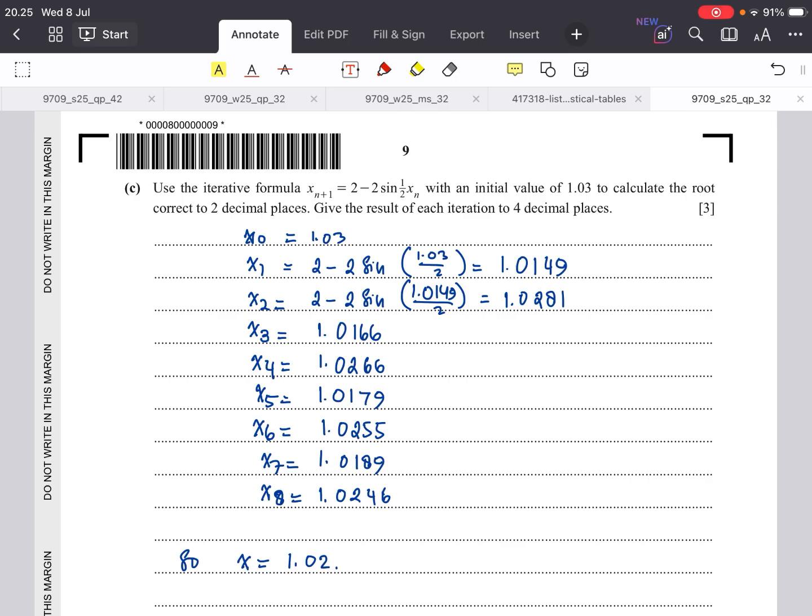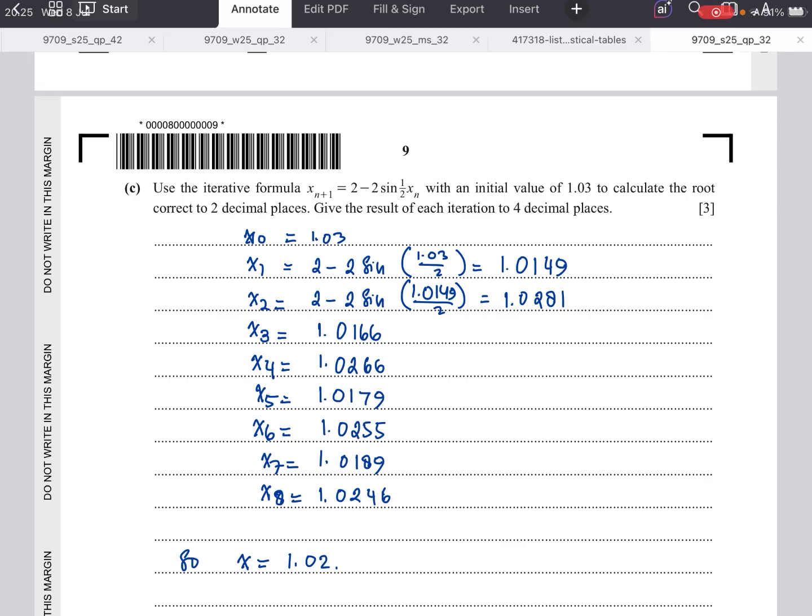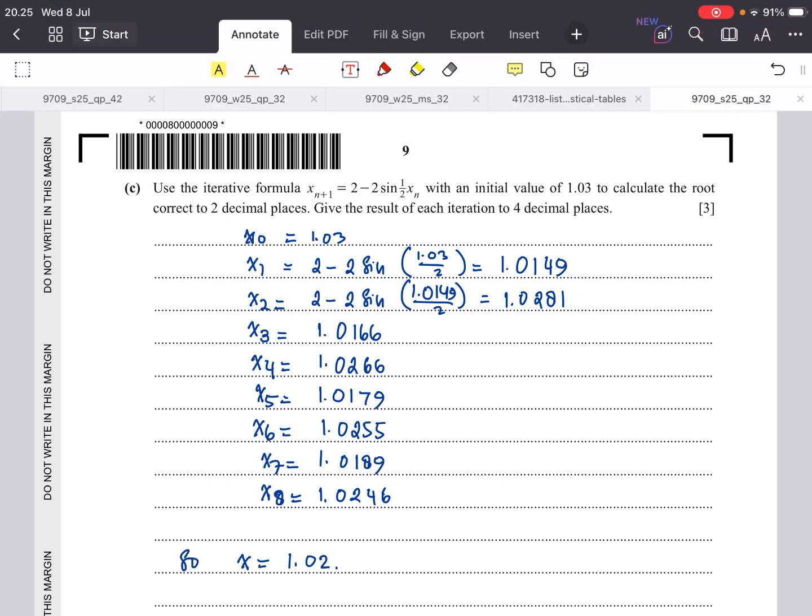Give the result of each iteration to 4 decimal places. So we start from x equals 1.03, and then x1 we substitute the value of x with 1.03. We get